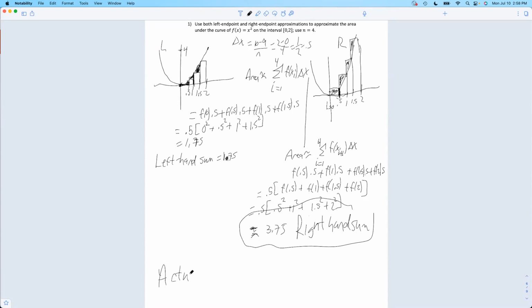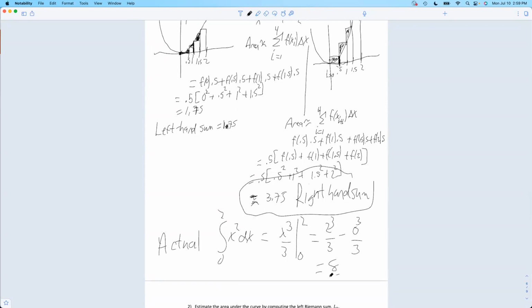The actual, the real answer is what we call the integral from 0 to 2 of x squared dx. So I'm giving you a little foreshadowing here. You wouldn't know this yet. And now we integrate x squared. That would be x cubed over 3, evaluated from 0 to 2. This is what we call a definite integral. And now we plug in the top minus plug in the bottom. And that is 8/3. So 8/3